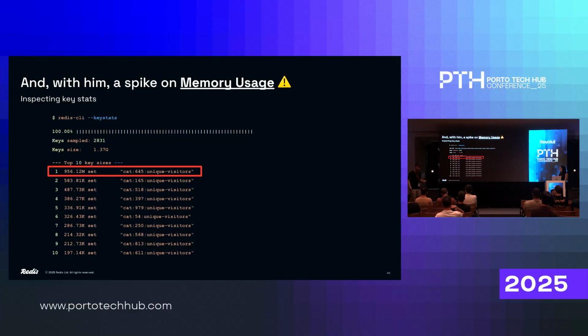So how much memory is being used by each key? What are the top 10 keys that take the most memory? And here we can see that Maverick, this guy here, is taking almost 1 gigabyte of memory just to store